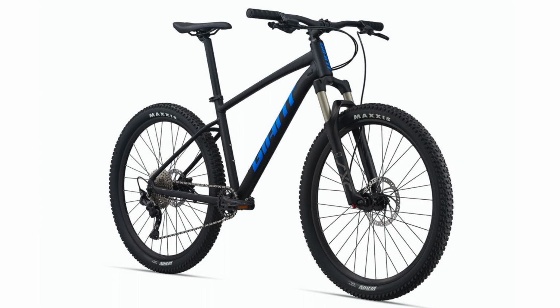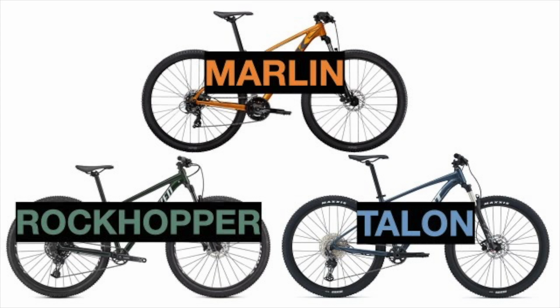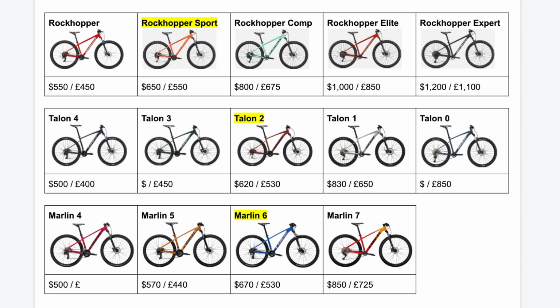Now, I have already made a video comparing these lineups as a whole, and in that video I compared the Specialized Rockhopper Sport to the Giant Talon 2 and the Trek Marlin 6, since those bikes had a similar part spec and price level. However, I have received a good amount of comments from people who want a comparison on